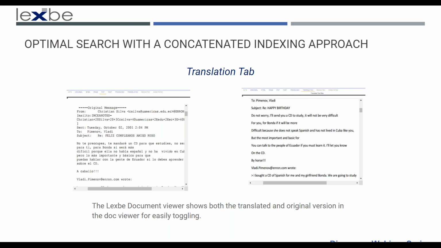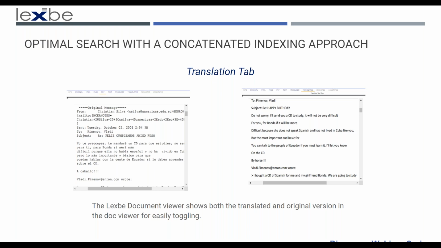And then all of the translated documents will be synced back to your load file for easy uploading, but you will have both the English version and the native language version available without doing anything extra. It's automatically output in your production from the LexB platform. So again, that's something you'll need to talk to your individual vendors about, how they handle that type of thing.